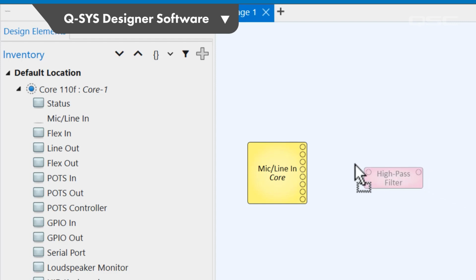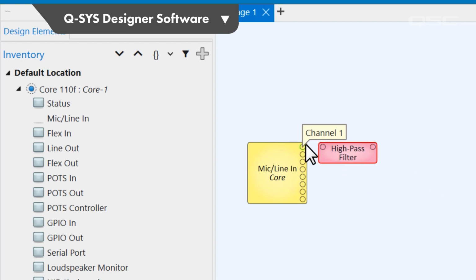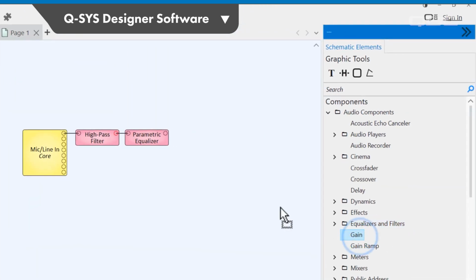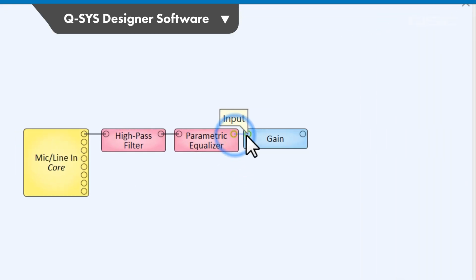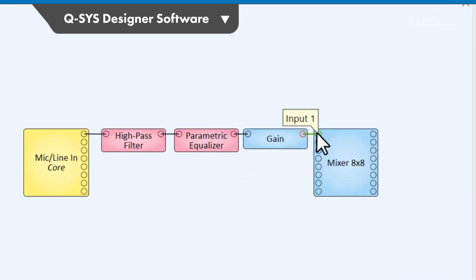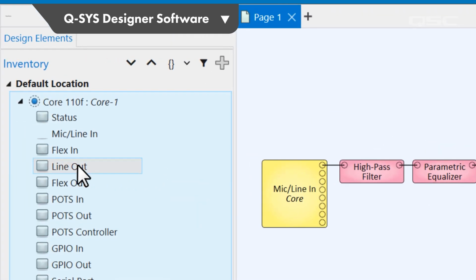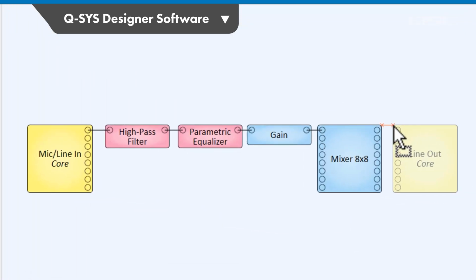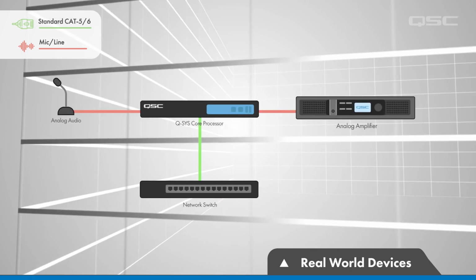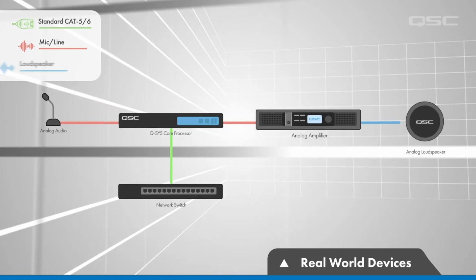Within the software, you would virtually wire that audio channel through any number of digital signal processing components, which are available in your schematic elements library. After all the mixing, processing, and routing, you would wire the audio channel to an output of your choice. For example, this might be an analog line output on the core itself, which could be delivered to an analog amplifier in the real world, which would in turn be physically wired to some loudspeakers.